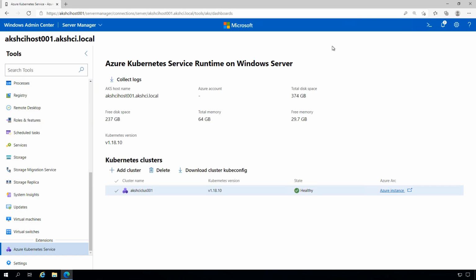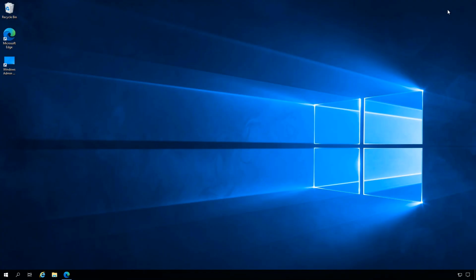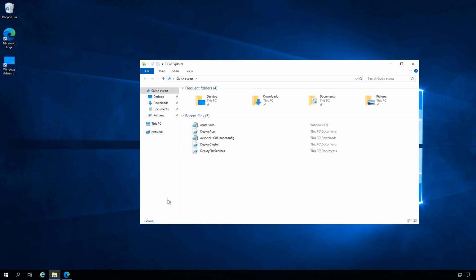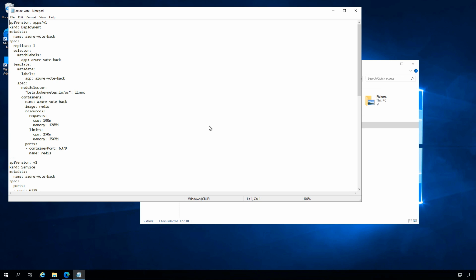And now it's time to deploy an application or a workload. So how do we go ahead with that? Well, when we think about deploying an application or workload, the first thing to be aware of is when you're deploying into this environment, we're going to use something called a manifest file, essentially a way of describing the building blocks of an application that's going to be run within containers. Now I've got a simple example of one that I'm going to share with you just briefly here, an Azure voting application that we've written.